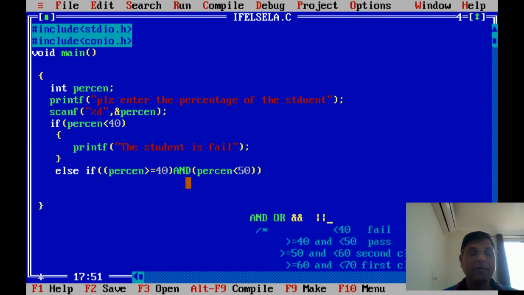So what I'm going to say is, when you check the marks, suppose here 65 is there. 65 is greater than 40, but you are again checking whether 65 is less than 50, and it is not. So this condition is not true. With and, this condition and this condition should both be true. It means both are true, then only the result will be true. If any one is false, it will be false. That is and.